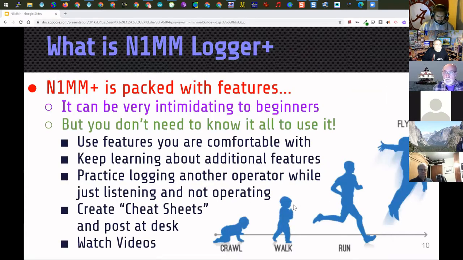One of the things about N1MM is it's packed with features, and unfortunately, when you're starting out, sometimes this can be rather intimidating. You might think, well, I can't use that program. There's way too many windows popping up all over the place and too many things to do. So what I suggest you do is, as you start learning the program, start using it and just concentrate on the parts you need that you understand right now, with the idea that as you get more comfortable, you can